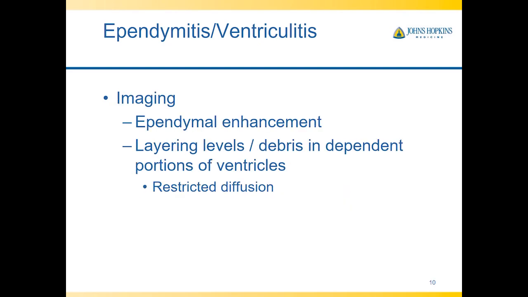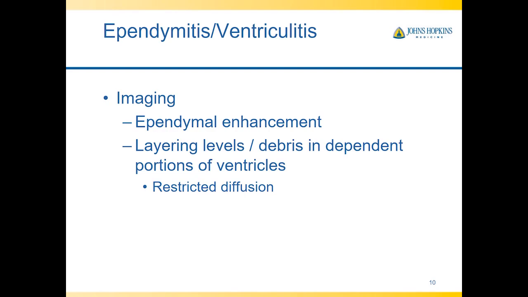On imaging, you will see ependymal enhancement along the ventricular margins, and you could also see layering fluid levels or debris within the dependent portions of the ventricles, and often that debris, if it is frankly purulent, you might actually see restricted diffusion within. Now, you can have blood products which can cause diffusion restriction, but the combination of enhancement and the layering debris is quite suggestive of